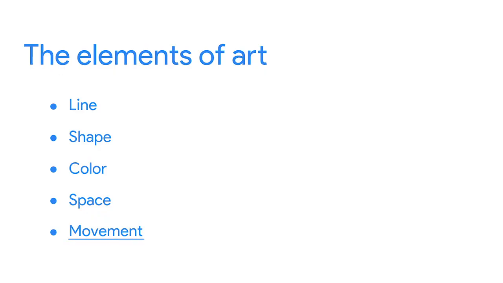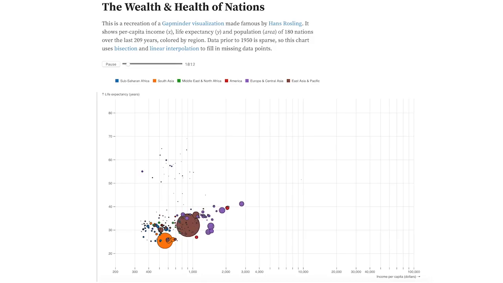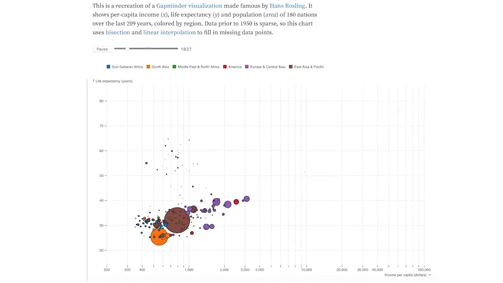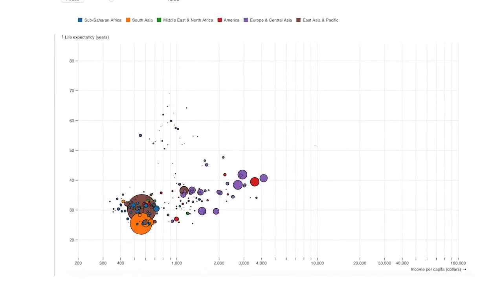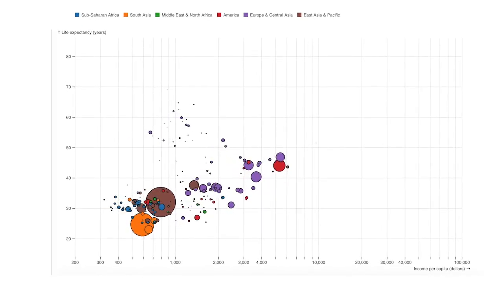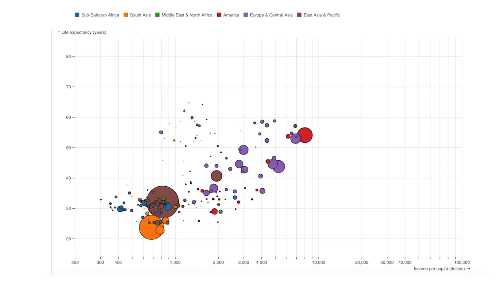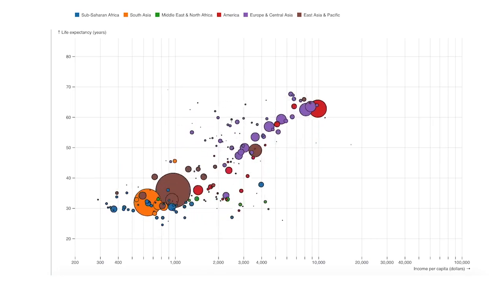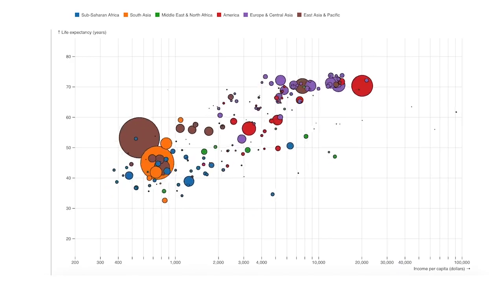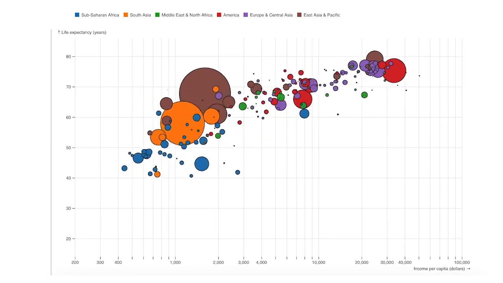Movement is used to create a sense of flow or action in a visualization. One of my favorite examples is the data viz, The Wealth and Health of Nations. This viz showcases a correlation between the financial health and physical health of nations. It traces these elements over time so you can see how the two correlated effects play out. The movement pulls in data from the 1800s all the way up until recently. The interactivity allows for a greater volume of data to be displayed and will reveal multiple stories from the same